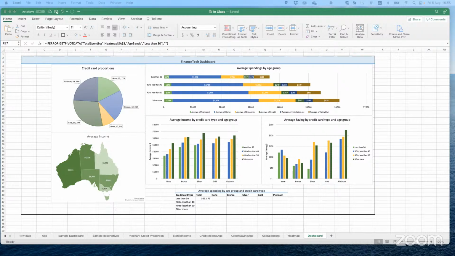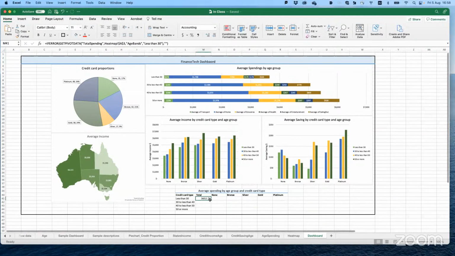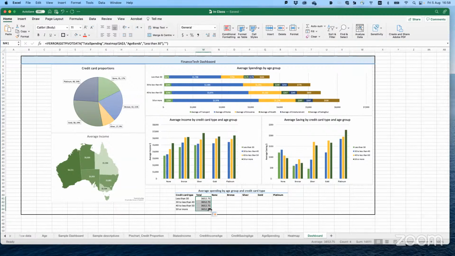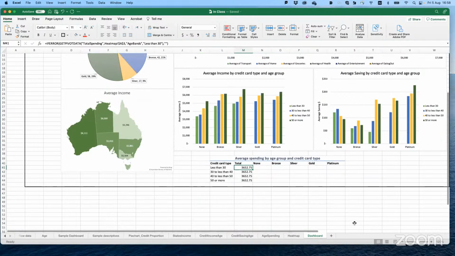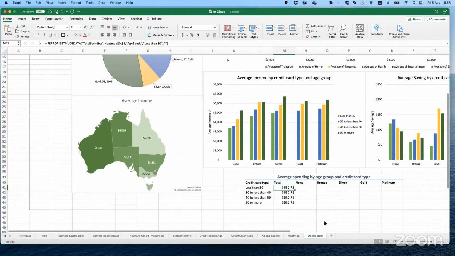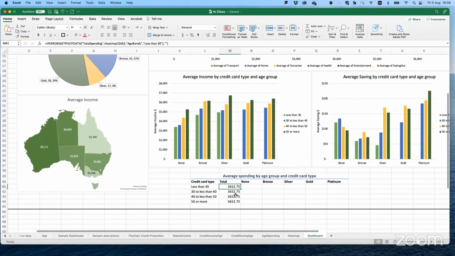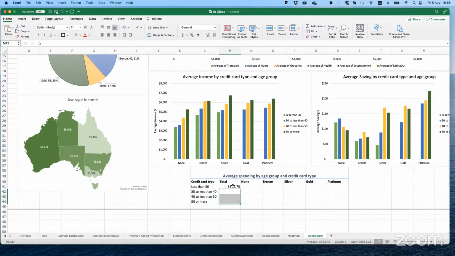Probably now I'm going to copy. It is not finished yet, this formula. So you can see that if I drag it down, it is going just to copy the same value. Let me zoom in just to this part. We are going to zoom out at some point. You can see that it is copying the same value. So we need to fix this issue, because when you copy it, it is not fixing.